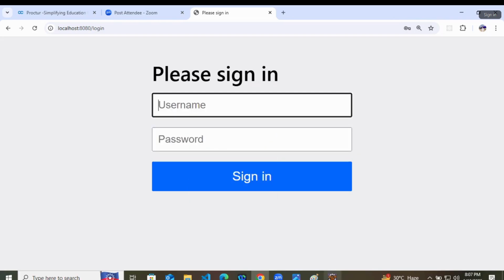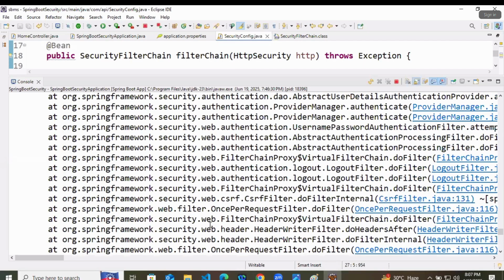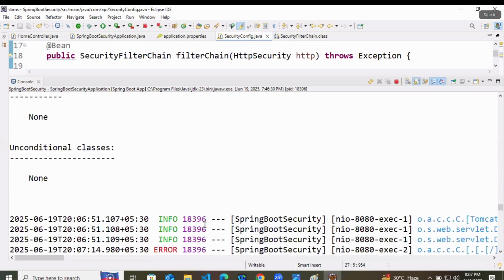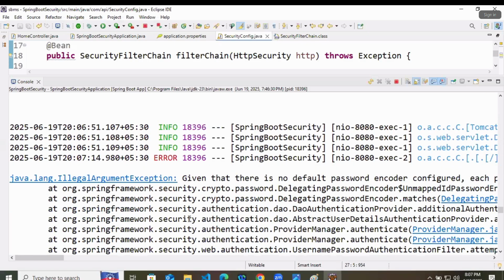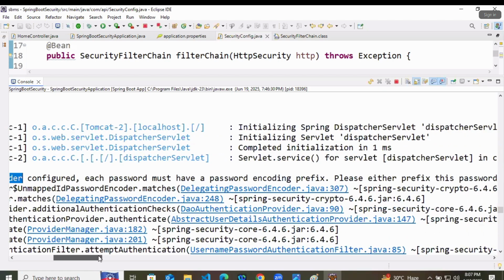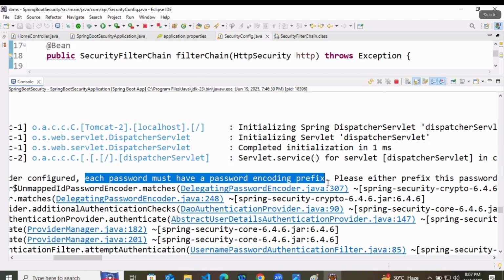Let's check the console. And the console is hitting a continuous error. Whenever you are doing something, it is hitting with a continuous error. And what it is telling is, given that there is no default password encoder configured, each password must have a password encoding prefix.